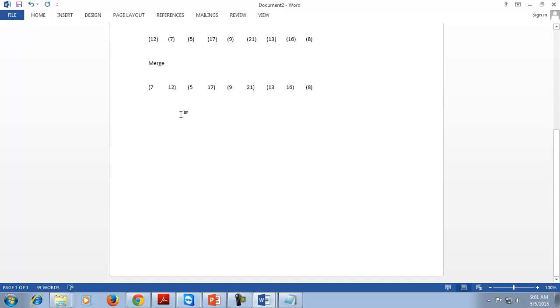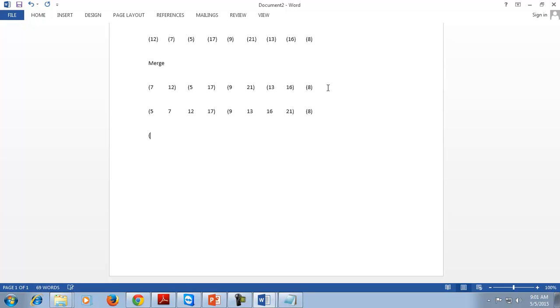That is, 5 is less than all the values, then 7, then 12, and then 17. In the next two sublists, 9, then 13, then 16, then 21, and in the next part, 8 will come.